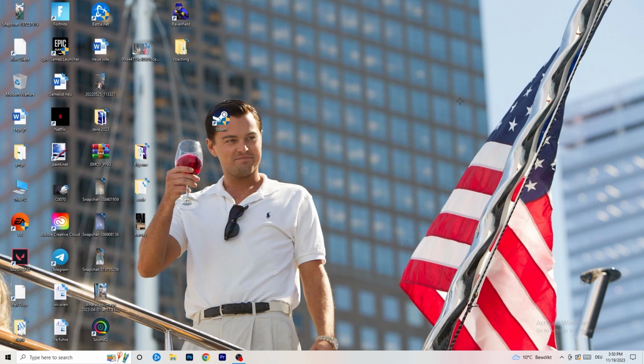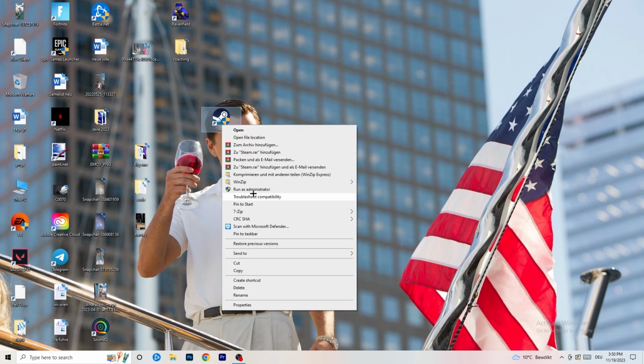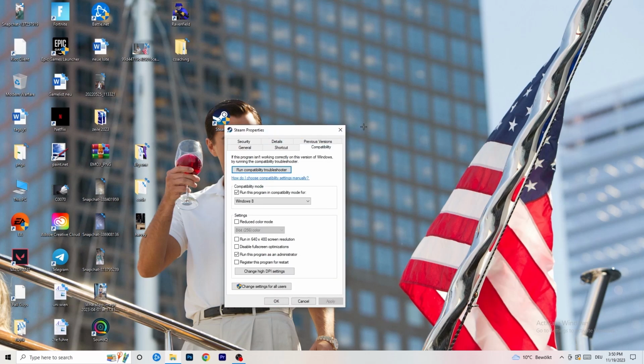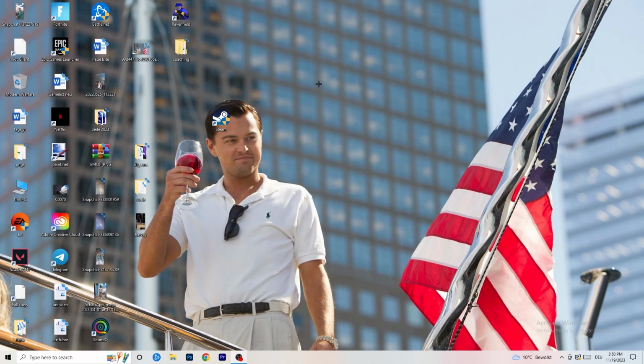If it doesn't, take your in-game shortcut on your desktop if you have one and do the same thing to it. So right click, run as administrator, or properties, compatibility, copy the settings, do the same thing again. So the next thing I want you to do is